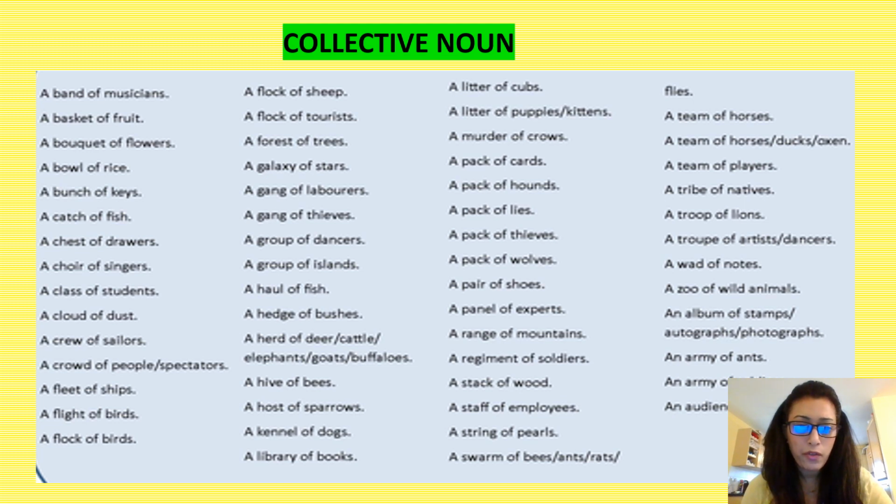keys, a catch of fish, a chest of drawers, a choir of singers, a class of students, a cloud of dust, a crew of sailors, a crowd of people or spectators, a fleet of ships, a flight of birds, a flock of birds, a flock of sheep, a flock of tourists, a forest of trees, a galaxy of stars, a